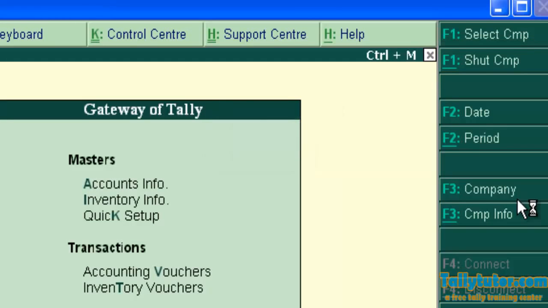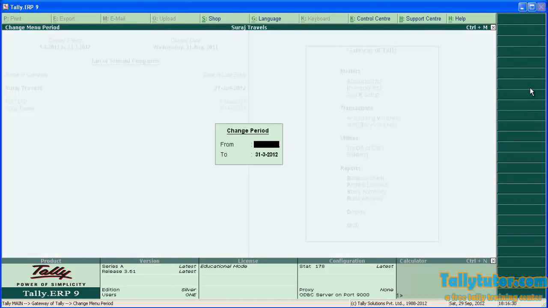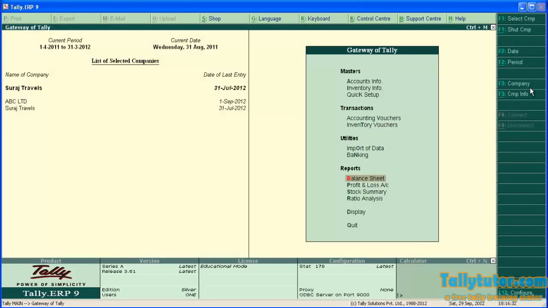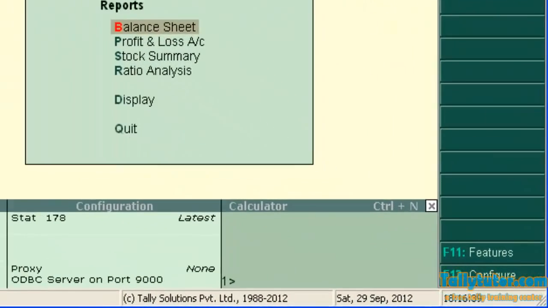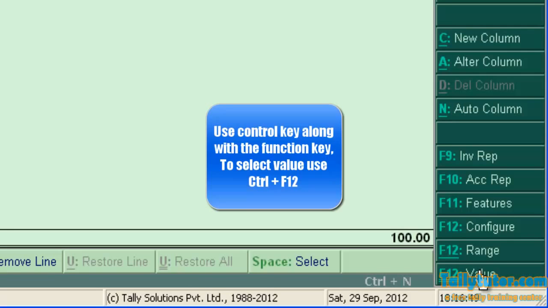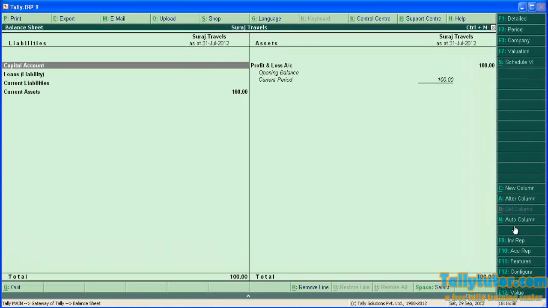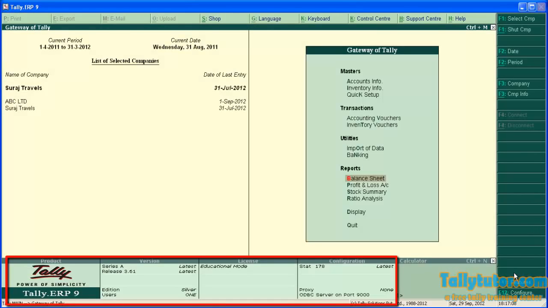To activate period, use Alt F2. And some shortcut keys have a double underline, like this. To activate this, use Control along with that function key. If you are not using a shortcut key, just click on the button to activate it, like this.